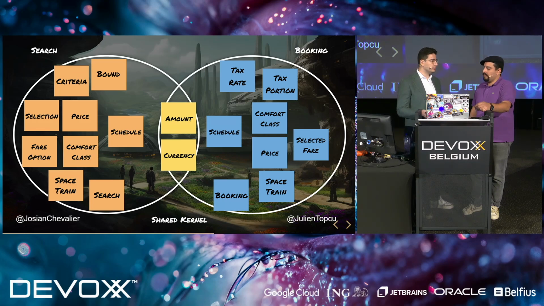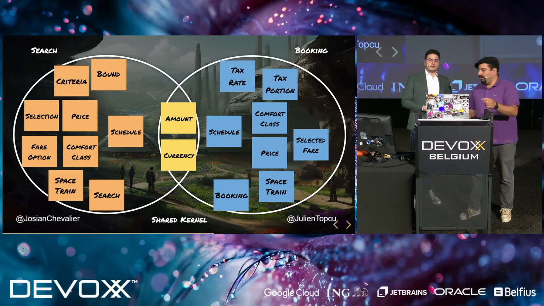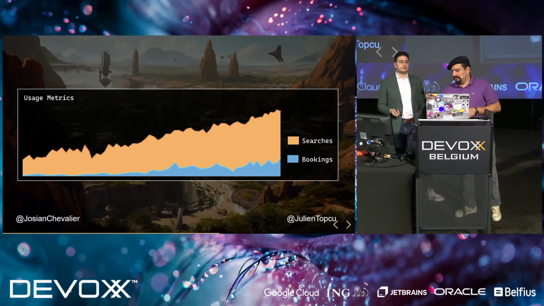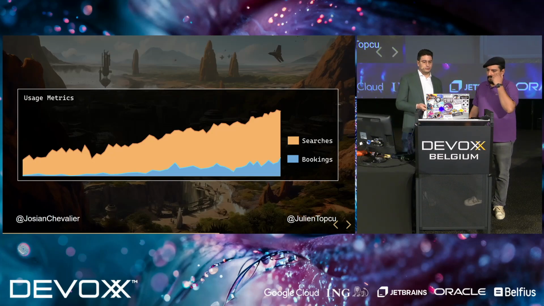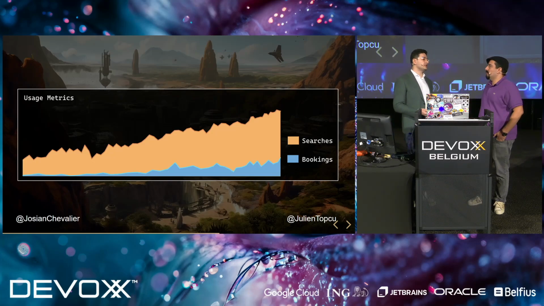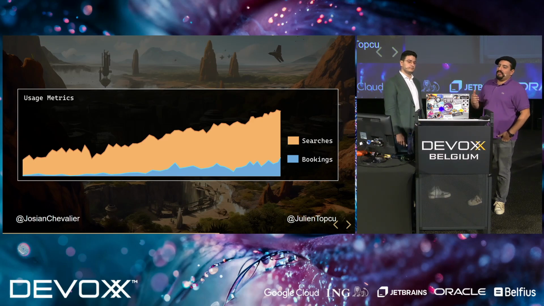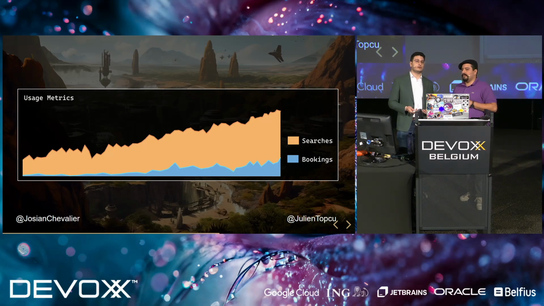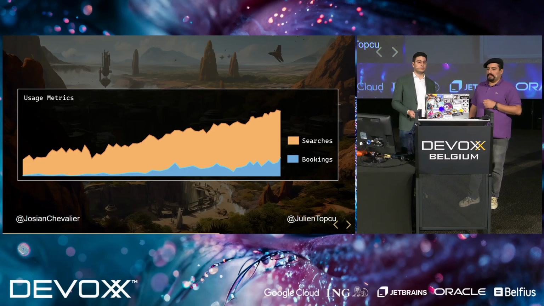Because we still can go microservices. I thought we had that discussion already and that we won't do microservices. OK, look. As you can see, since we started the booking, the feature is pretty popular, but there are even more searches happening. It's true that usually our users do 10 searches to find the space trains they want to book. Exactly, and they have very different rates of read and write. So if we were in microservices, we could optimize them very differently, and we would save a lot of money